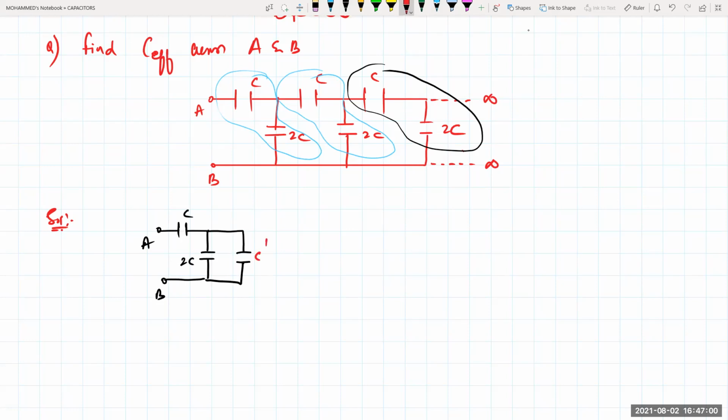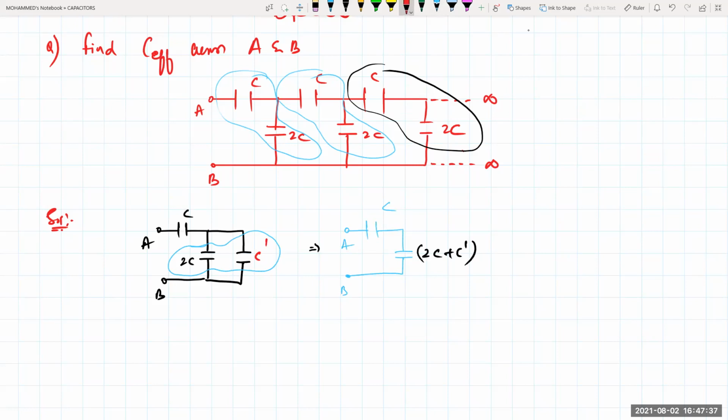So what you do is try to remove all the repeating circuit and give it a name. What name am I giving for that one? C dash, because all the rest of the pairs are removed. Now these two will be in which combination? Parallel combination. So this will become somewhat like this for me. This is your B, this is your A, this is C. So this will become, capacitance in parallel means what? 2C plus C dash.